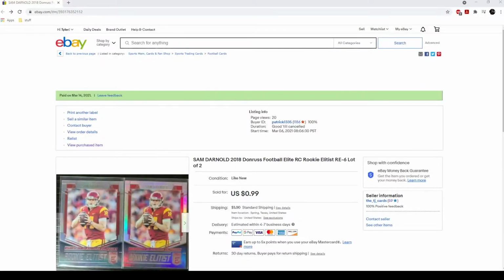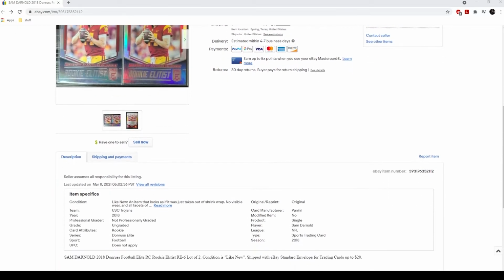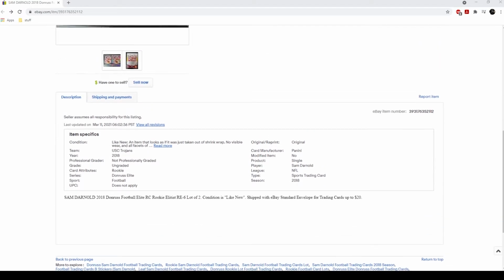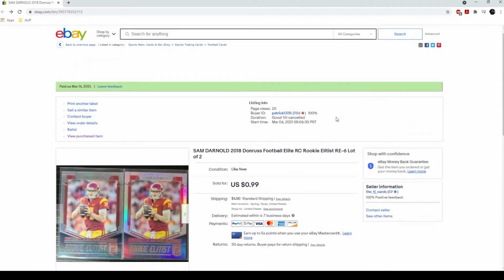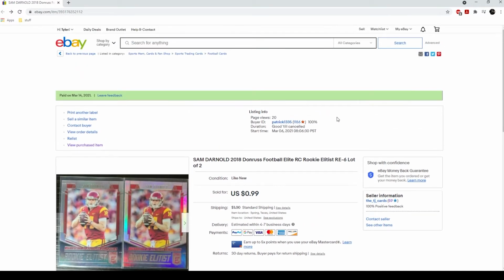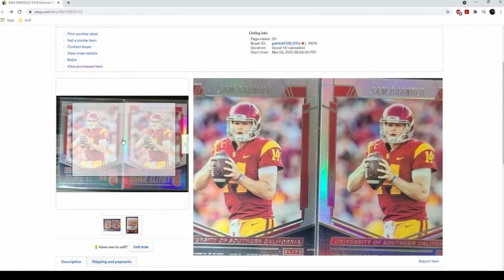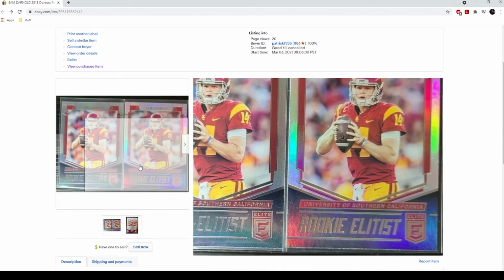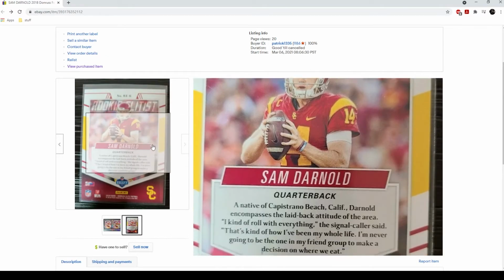Now, the Sam Darnold cards actually sold relatively quickly. I listed them on March 6th and they sold on March 14th, just 8 days later. So just over a week it took me to sell them. I ended up selling them in a set of 2 for a single dollar. This, I think, was probably the reason why they sold so quickly, but I did charge $1 extra on top for shipping. I do ship this in a plain white envelope, so it actually only cost me 71 cents. That allowed me to take 29 cents off the top as well to add to the profit. So on this card, I made